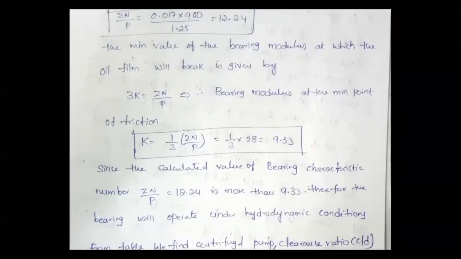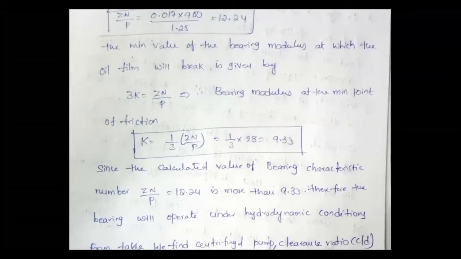Now, I already told you that you are supposed to calculate the coefficient of friction. In order to calculate it, I already told you that in a sliding contact bearing you have the McKee investigation. I hope you already understand the McKee investigation concept. Whenever I explained it, I told you that Zn by P equals some K. But the K value will not be taken directly. We are supposed to calculate 3 times K or 15 times K, likewise. I already explained the concept, and it will be applied here. So first, you have to calculate the coefficient of friction.